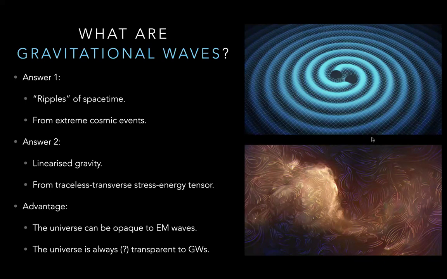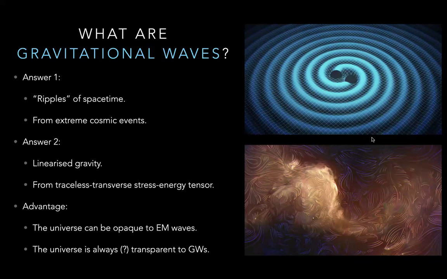But they don't have to come purely from astrophysical events. They could also be from the early universe, such as depicted by some artists online in this picture, where it shows turbulent motion of something. Essentially, you just need the components of the stress energy tensor to be non-zero to produce gravitational waves. In the early universe, when it was extremely turbulent, hot and dense, all of the fields were coupled to each other. When they moved around, the space-time variation of all of that motion could have produced gravitational waves as well.